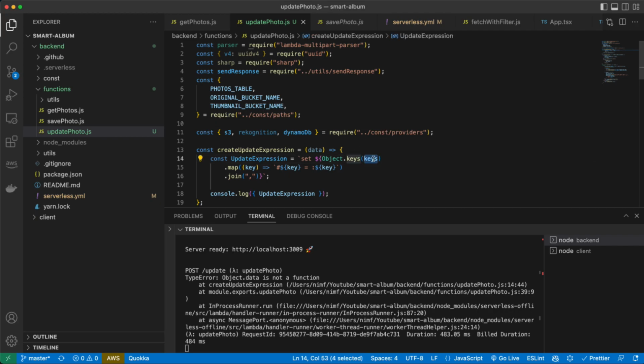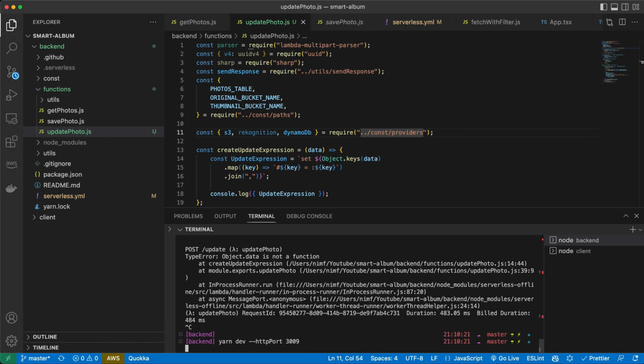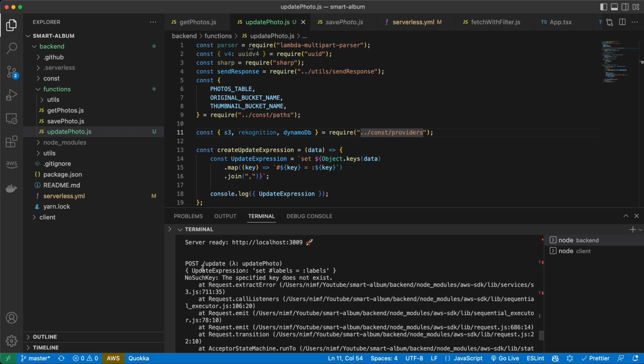Okay, I messed up a bit here, so this should work now. And you see we are getting our update expression with labels,